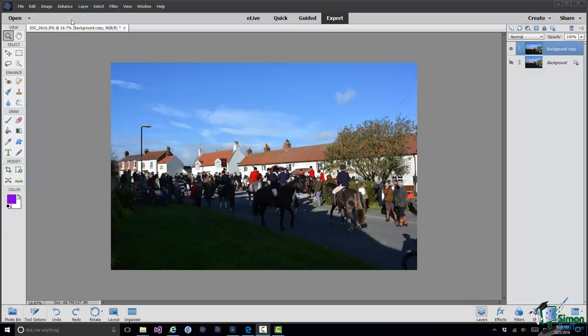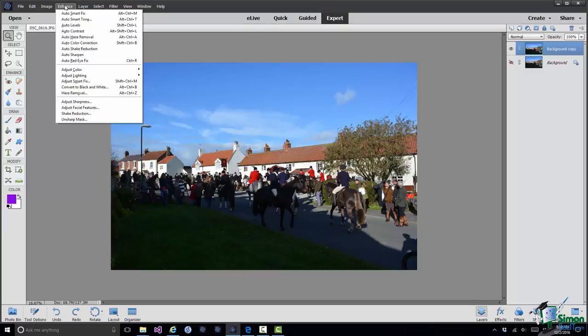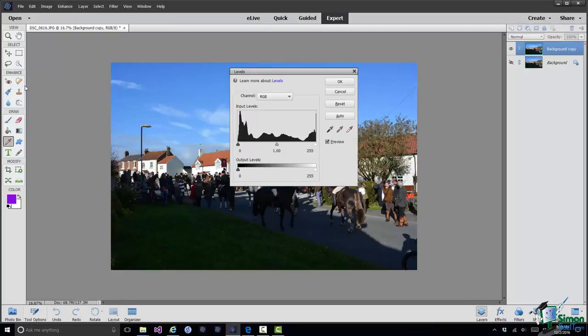If I go back up to the enhance menu, one of the options there was adjust lighting, and from there are three options: shadows and highlights, brightness and contrast, levels. Any one of those, in fact probably all three of those, I could use to try to solve this problem. But the one that I'm going to apply first, and the one that I'm going to concentrate on in this section, is levels. If I select levels, it brings up this dialog with these histograms on it,